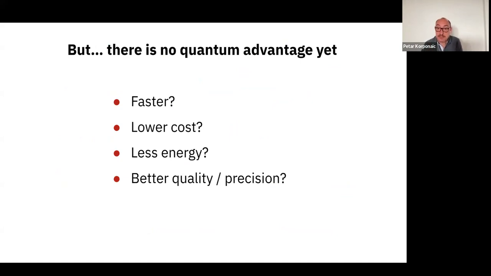Quantum advantage is a point in which quantum computers can perform something faster, or with lower cost, or with less energy, or with better quality of precision than classical computers. So currently, quantum computers cannot do anything faster and better than classical digital computers, unfortunately. But quantum computing is still developing